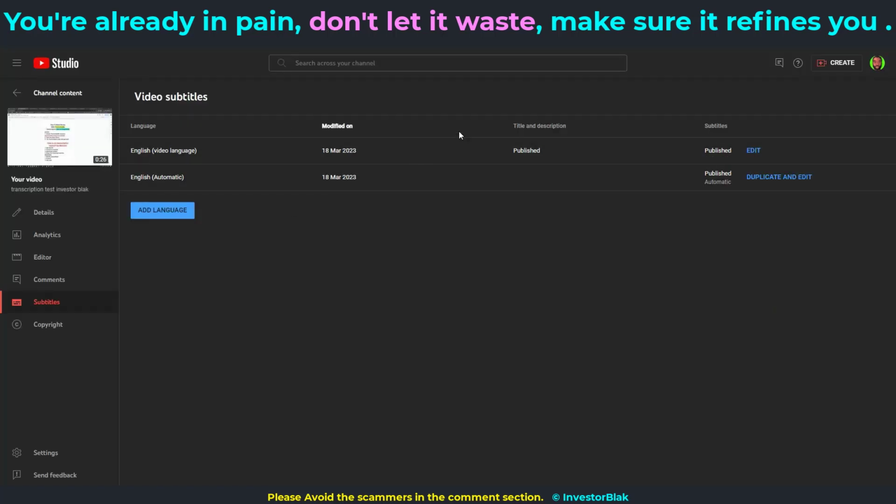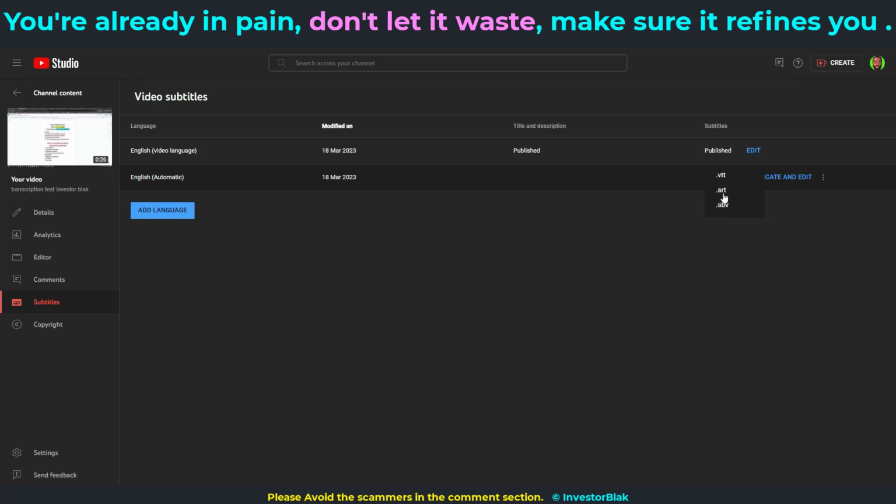So now that you've gone to this place that says subtitle at the bottom, you're going to see your two subtitles right here. So what you need to do is click on the three dotted menu by the side. You can come to this one and click as well, so any version you want. So I'm going to go with the automatic. Then I'm going to click on the three dotted menu. Then I'm going to click on download. Then you're going to see